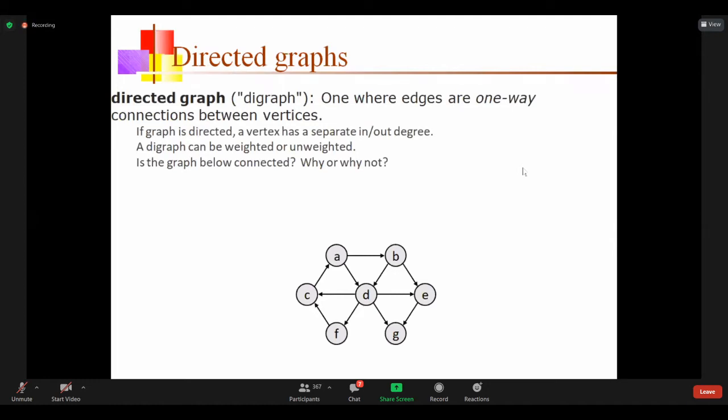Finally, I want to conclude there are different types of graphs. We have directed graph, undirected graph, and weighted graph. Undirected graph means if I connect an edge between two vertices and there is no direction for that edge, it is an undirected graph. So when it is undirected, suppose a line joins A and B, then A can reach B and B can reach A through that particular edge.